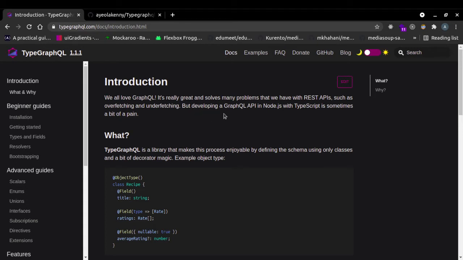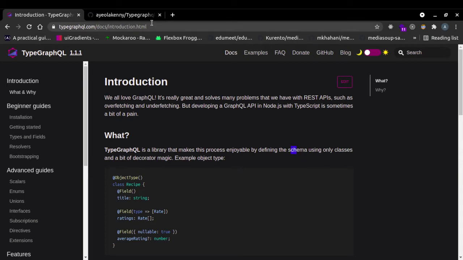The main point is that developing a GraphQL API with Node.js and TypeScript is sometimes a bit of pain, but that's where TypeGraphQL comes in. TypeGraphQL makes the process more enjoyable. So basically, TypeGraphQL's main goal is to help us define our GraphQL schema